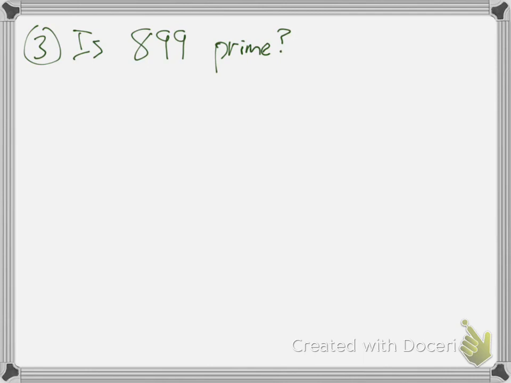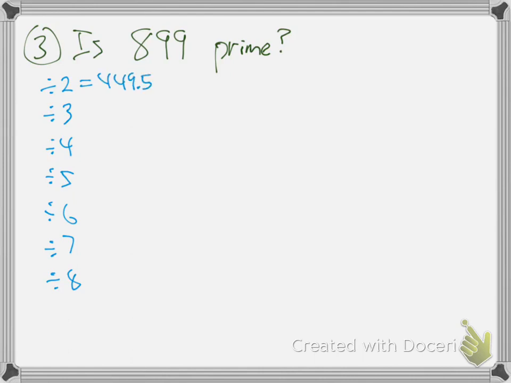Couldn't I just start going through the numbers? I mean, just start with 2. Does 2 go in? Does 3 go in? Does 4 go in? Does 5 go in? Does 6 go in? Does 7 go in? Does 8 go in? I'll just take 899. I'll just take my calculator. Take 899 divided by 2, and I got